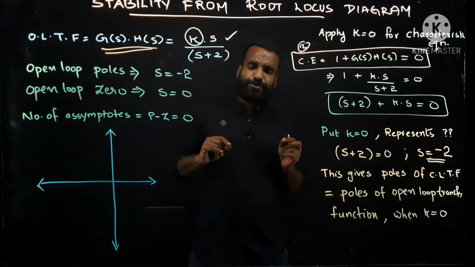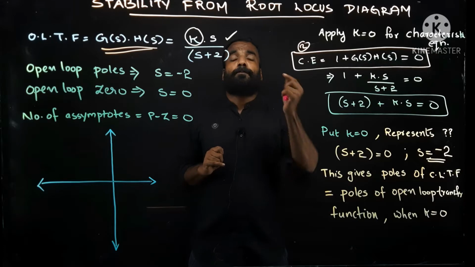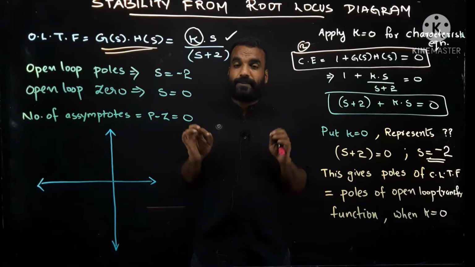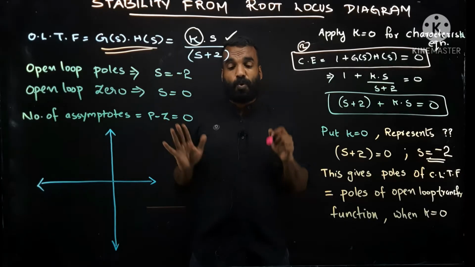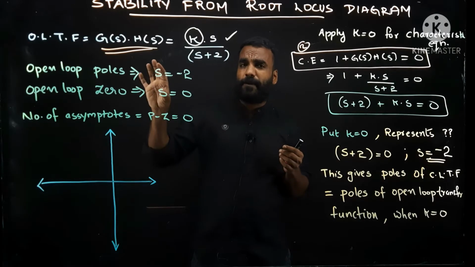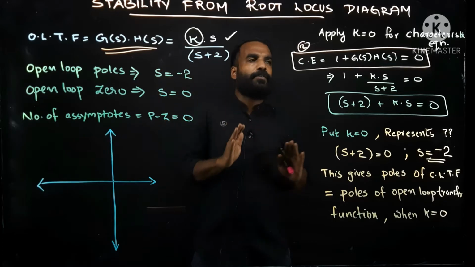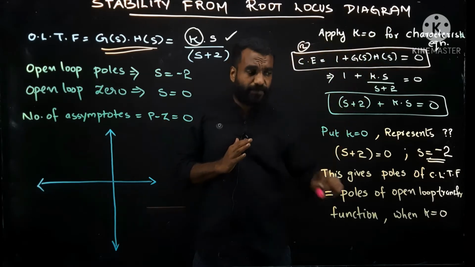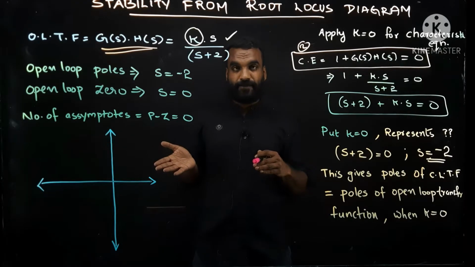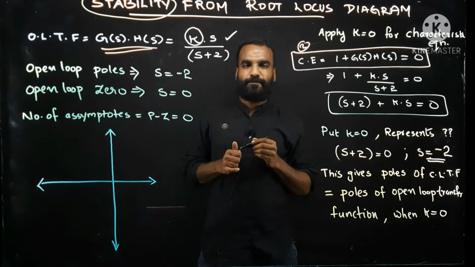While each branch of root locus starts from an open loop pole and ends in an open loop zero, I think this point is clear for all of you. All the branches will start from a pole and end at a zero. Both that pole and zero will be of the open loop transfer function. Up to this moment, we didn't have any steps related to the closed loop transfer function. But in today's class, we will relate both these things. Then only we can represent this term, stability.